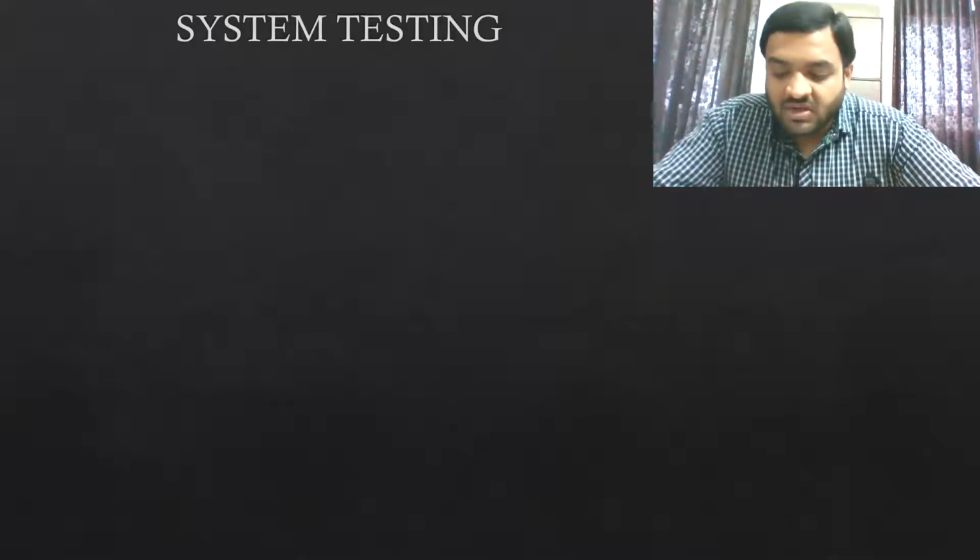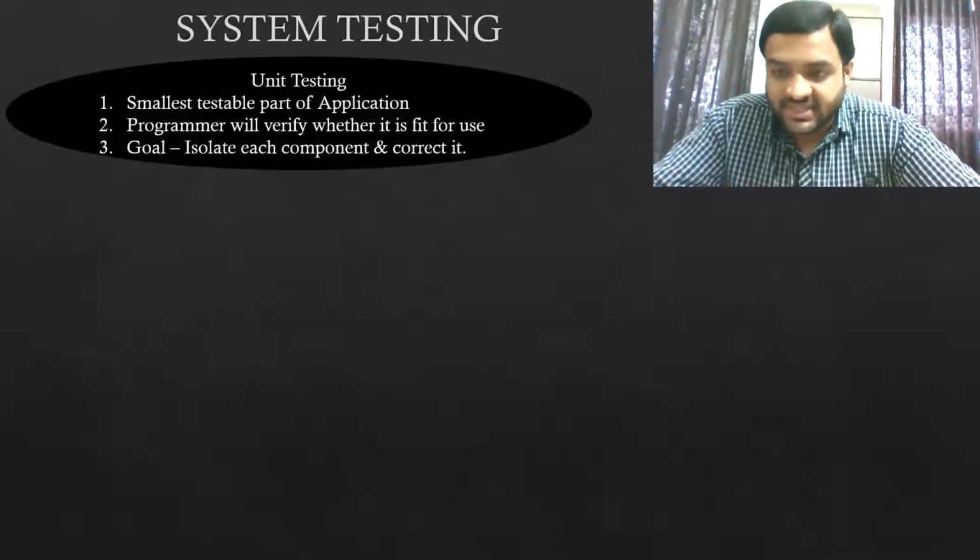We will verify each and every component in the system, whether it is working or not, whether it is required or not, and whether we achieve what we set out to do or not. So we will do that in system testing. Now we will start with the smallest unit of the system. We will call it unit testing. Now we are verifying small components of the system.